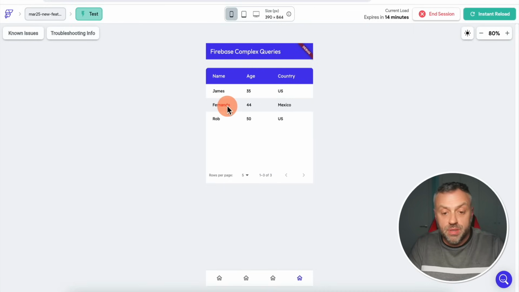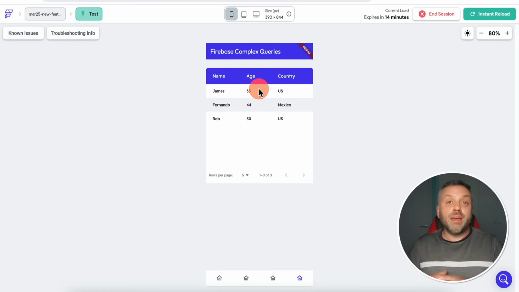Okay, so that is why you're now seeing Fernando, right? Even though Fernando is not in the US, he is over 30 years old. And that is why you're seeing more people, because with an OR condition, it allows more data to come in, right? It's not as inclusive